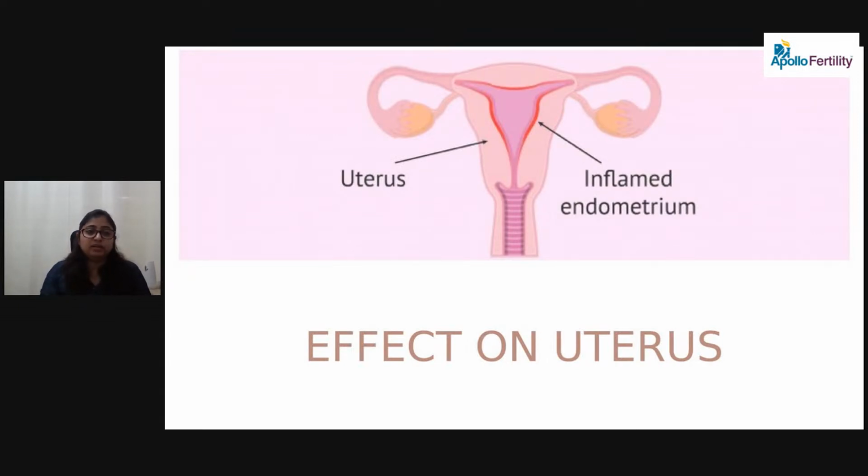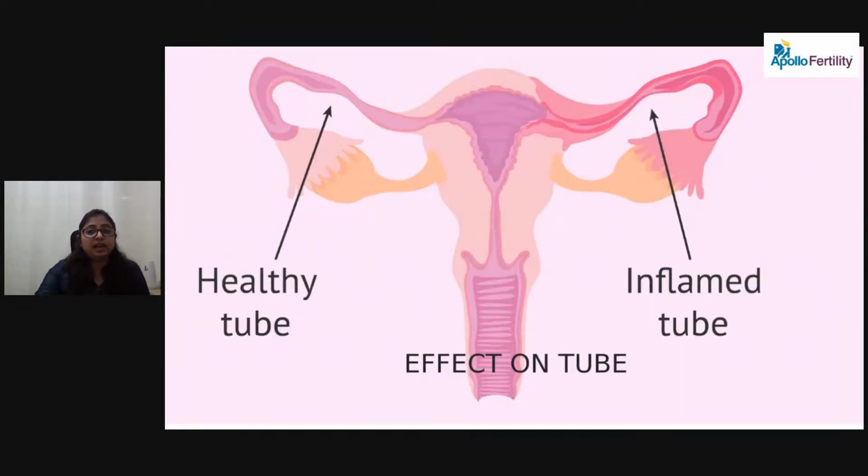It makes the lining very unreceptive, so that it cannot accept, and the lining will not grow in the woman. If they are going for infertility treatment, in those women it becomes very difficult to do IVF also, because the lining will not grow properly. Or if the lining is growing properly, as we can see in the scan, it will still not be very good at receiving the embryo. So they will not be very receptive. That can be the problem.